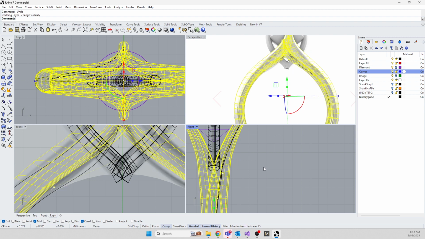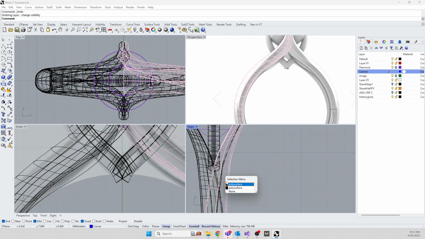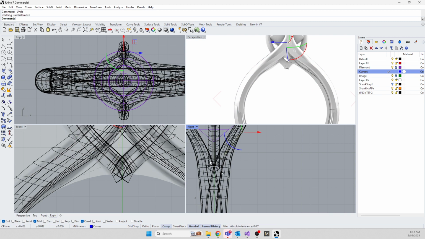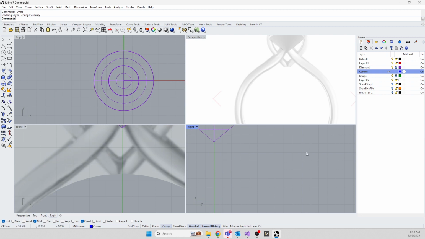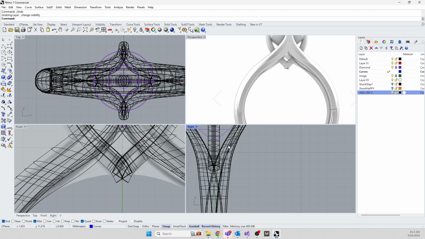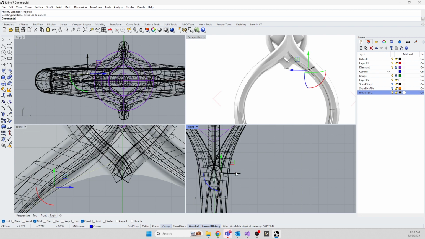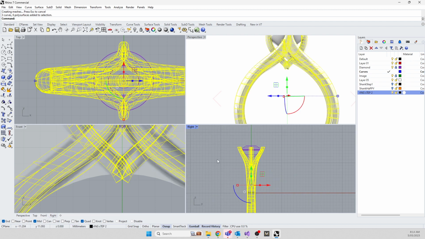Control Z, Control Z, Control Z, Control Z. Okay, where's the curve? Just Control Z some more to get rid of the history purge. Okay, so I'm going to do this slowly. We've got the ring step over here. Inside of this one, when I move this curve, your shank moves. If I grab these items and I run history purge,